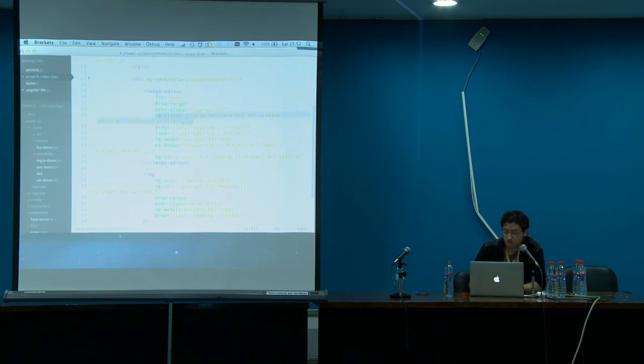And this directive just adds the different classes depending on the state. So if I'm hovering over it with a file, it'll have a particular outline. If I'm editing it, it'll have a different outline just to indicate to the user that it's active. And then this just changes the state once content is loaded.